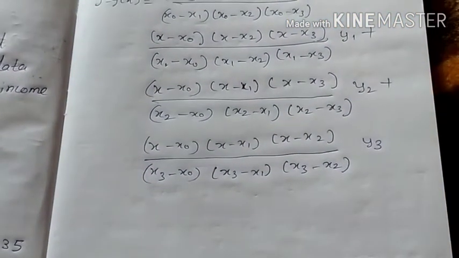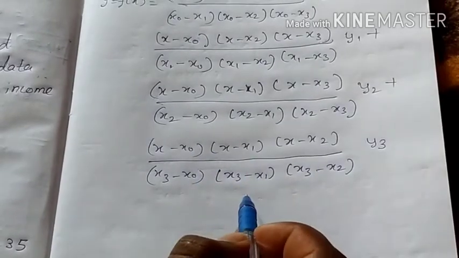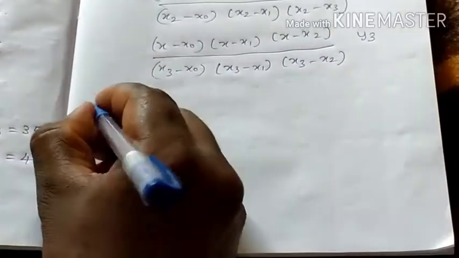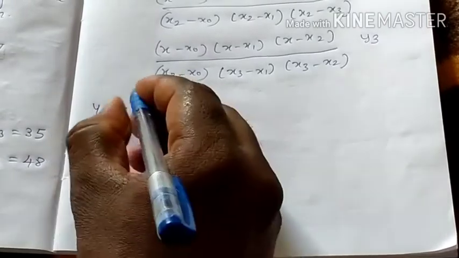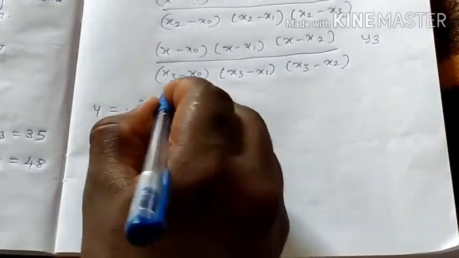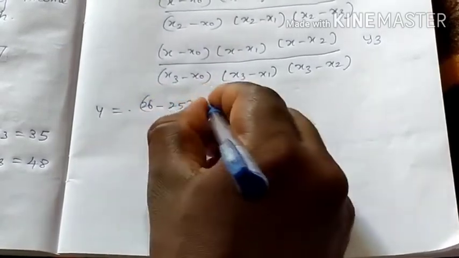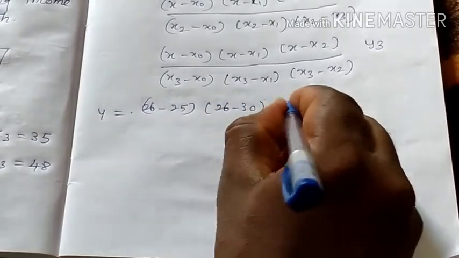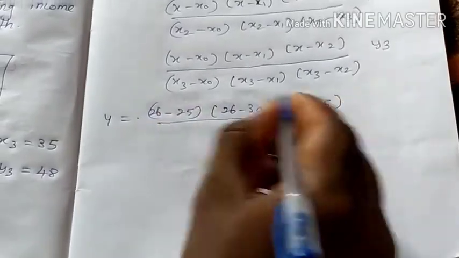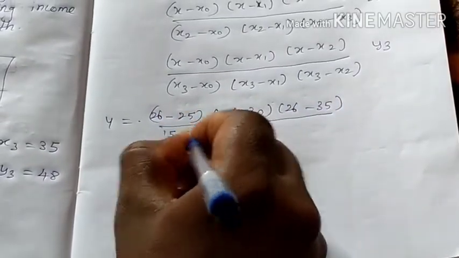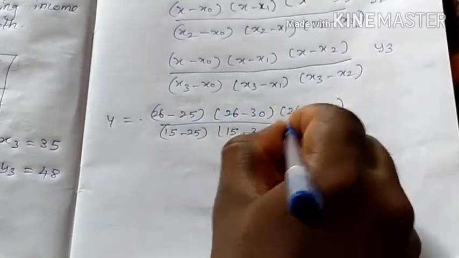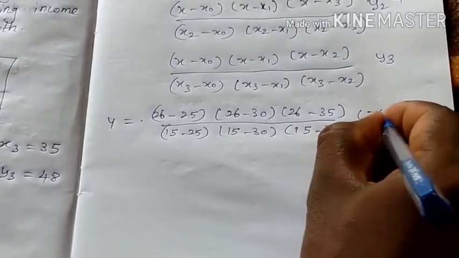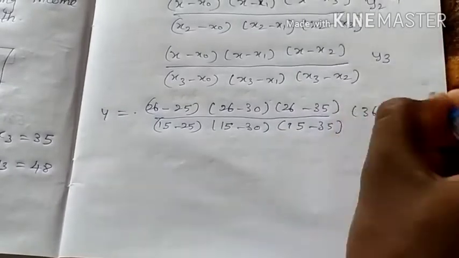Then substitute the values. All values are already available, so carefully substitute and simplify, and we get the answer. y is equal to, first, x minus x1: 26 minus 25, then x minus x2: 26 minus 30, then x minus x3: 26 minus 35, whole divided by 15 minus 25, 15 minus 30, 15 minus 35, into y0, whose value is 36 from the table. Plus